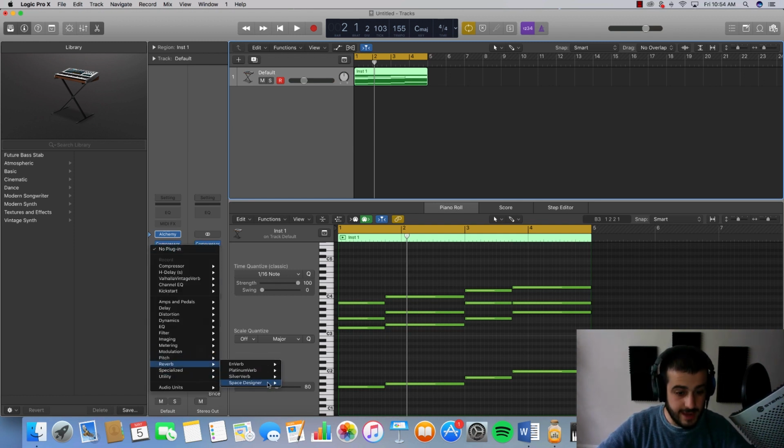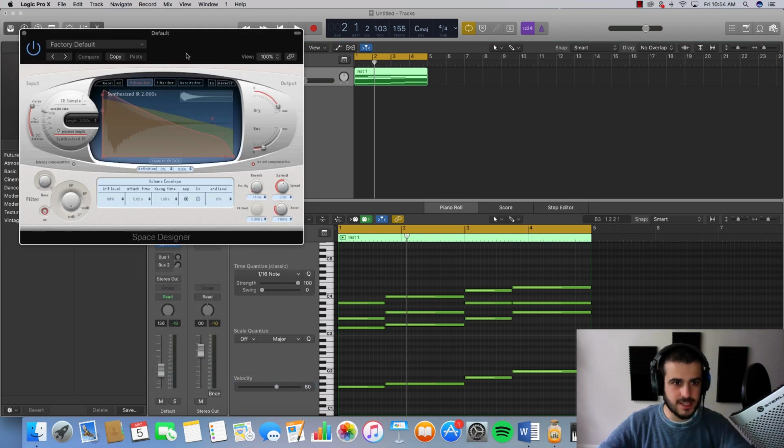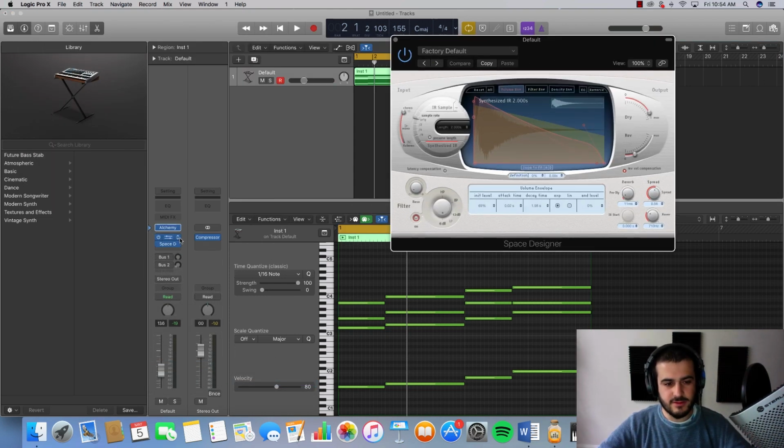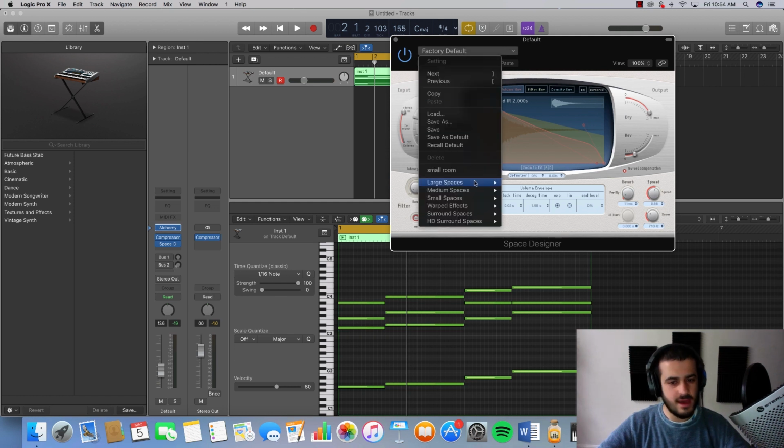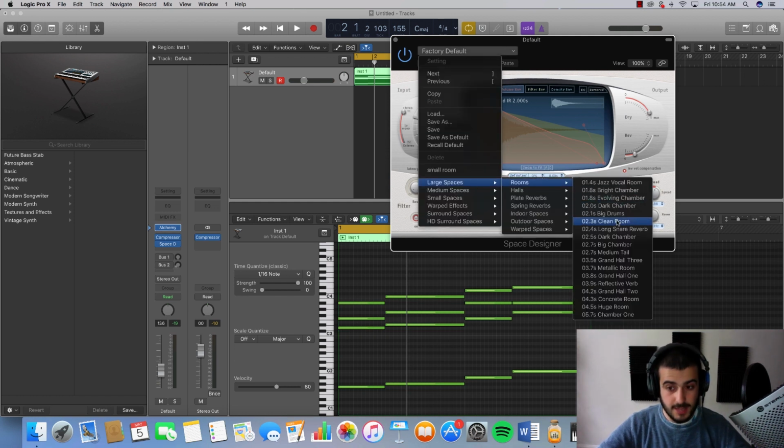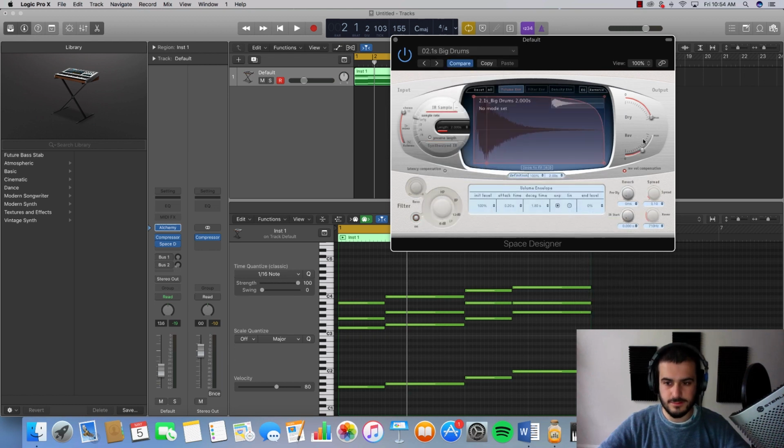Let's go with reverb after the compressor. I've been testing out reverb after and before the compressor, and there's times to use both methods. And what I mean by that, again, I've been testing out the reverb after compression and then the reverb before the compression. If you want some fat drums, you want to put that reverb before the compression, because then you can press the reverb to the drums and it's like you're gluing it together.